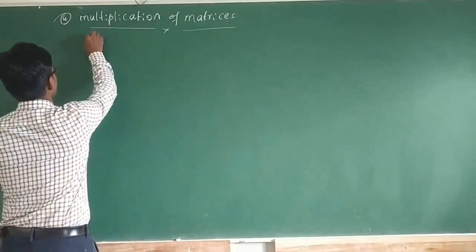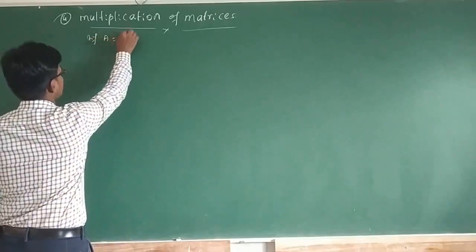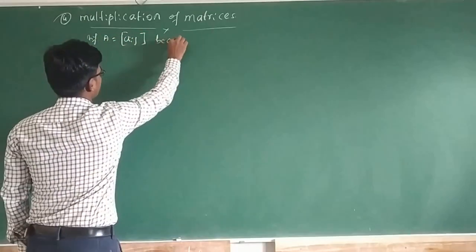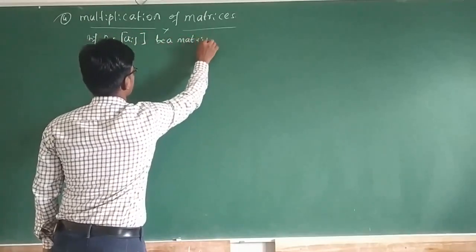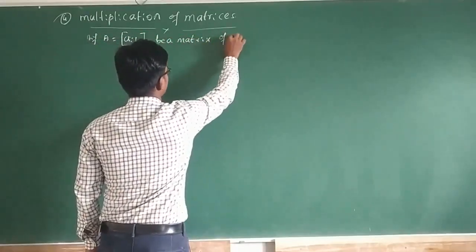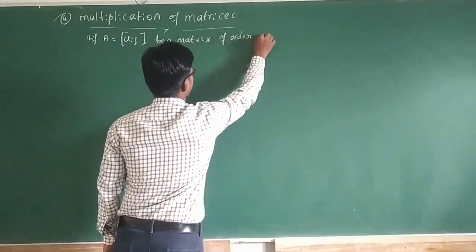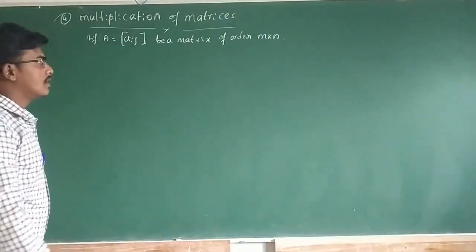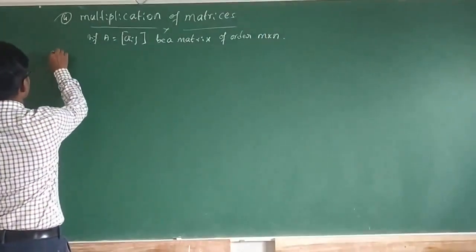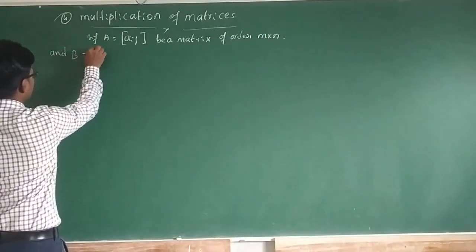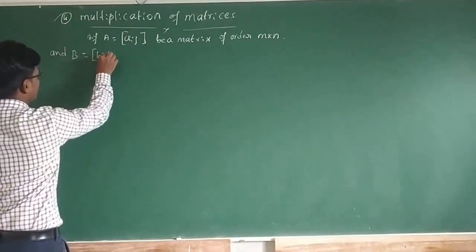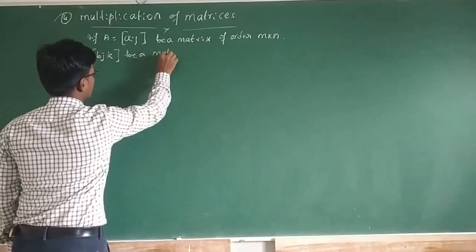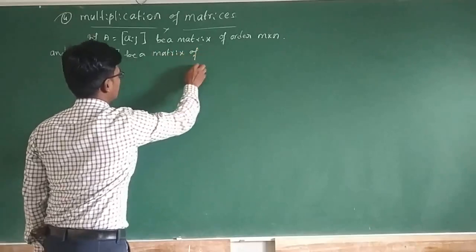If A is equal to [aij], a matrix of order m by n, and B is equal to [bjk], a matrix